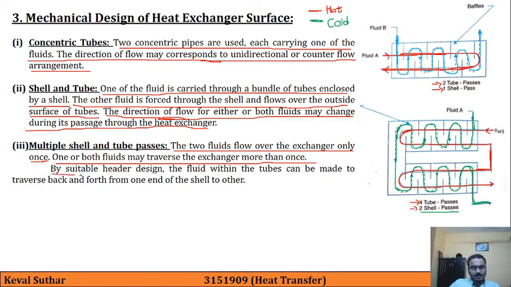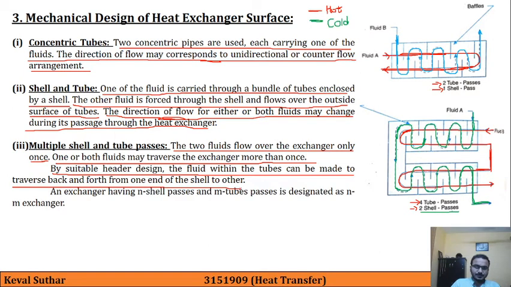Here, by suitable header design, the fluid within the tubes can be made to traverse back and forth from one end to the other end of the shell. An exchanger, that is a heat exchanger having N shell passes and M tube passes, is designated as an NM heat exchanger. So here we are having